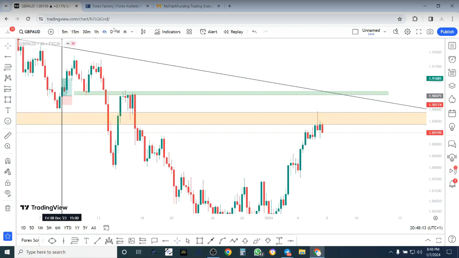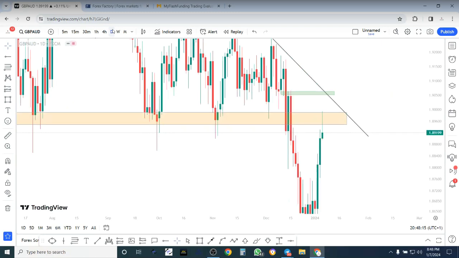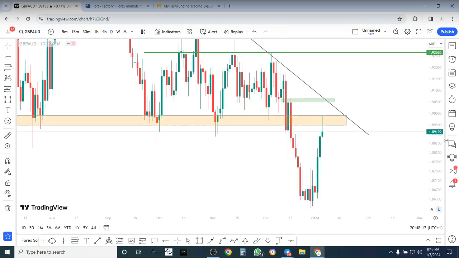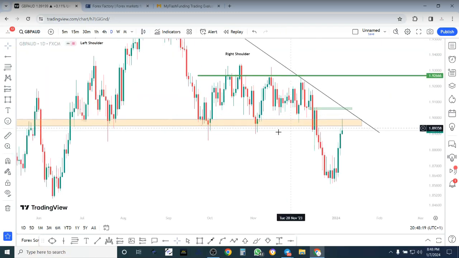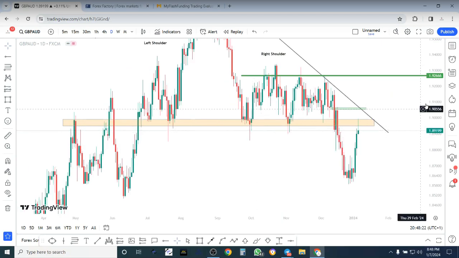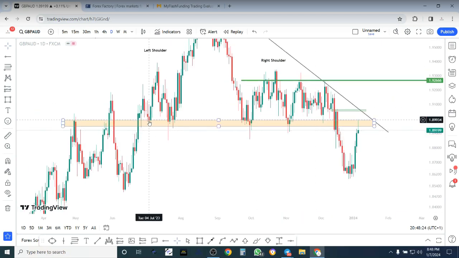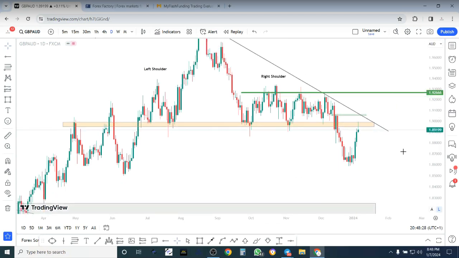For now, I am looking at a bearish AUD USD. So my zones are around this yellow zone. If this is yellow, I'm colorblind anyway. So I'm looking for this rejection for a continuation to the downside. And if that continuation happens, I'll be expecting this low to get taken out